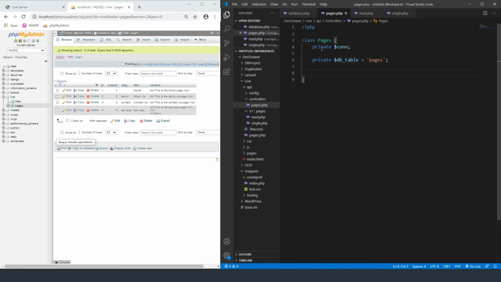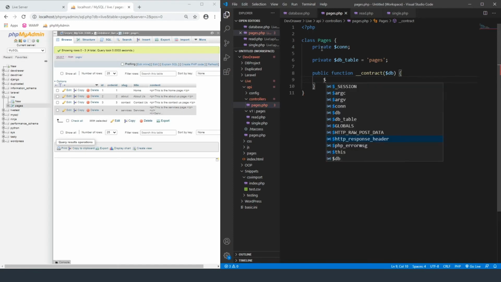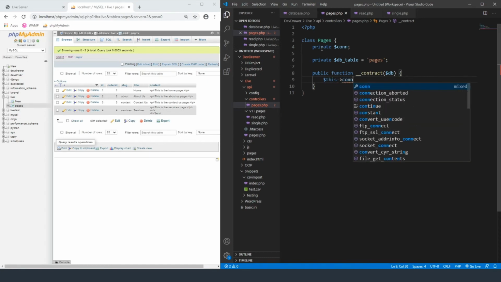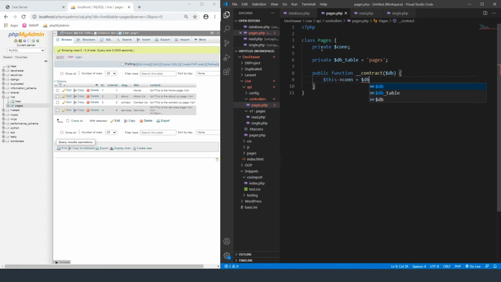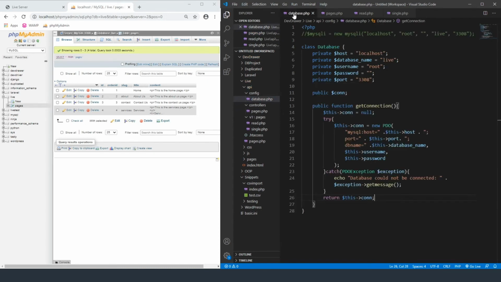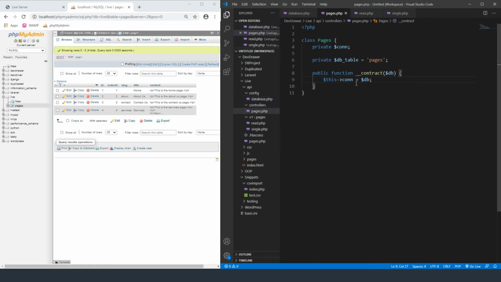And then next we're going to do the construct for this class, which is just going to basically create that connection for us. So we're going to do public function __construct, and then we're going to pass the DB, and essentially we're just going to reset a variable on here that is going to be this con equals DB. So this is essentially going to take this database information and it's going to pass it to the functions of this class. If you've never done a construct, yeah, I spelled that wrong. If you've never done a construct,